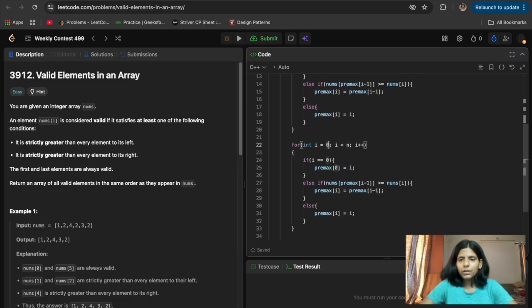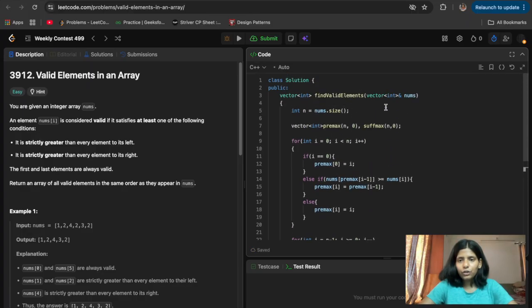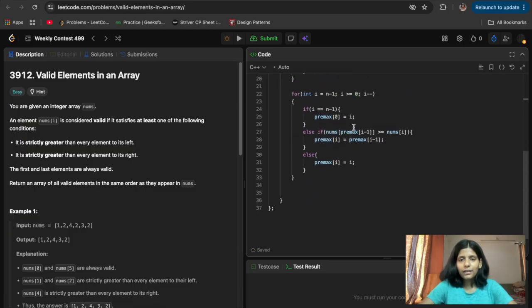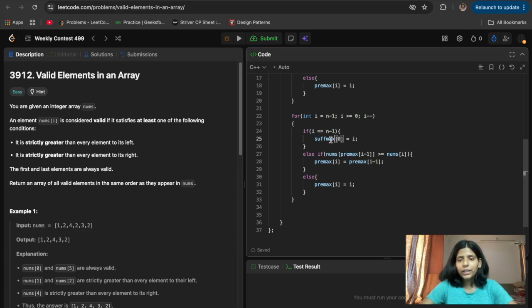i equals n minus 1, i greater than or equal to 0. We'll do a reverse traversal as we want to store the suffix max. When i is equal to n minus 1, at that time we need to store it as it is, because there is no one at the right, so it is greater than anyone to its right, and that condition is satisfied. If i is not equal to n minus 1, then I have to check the max index I found for the next element.